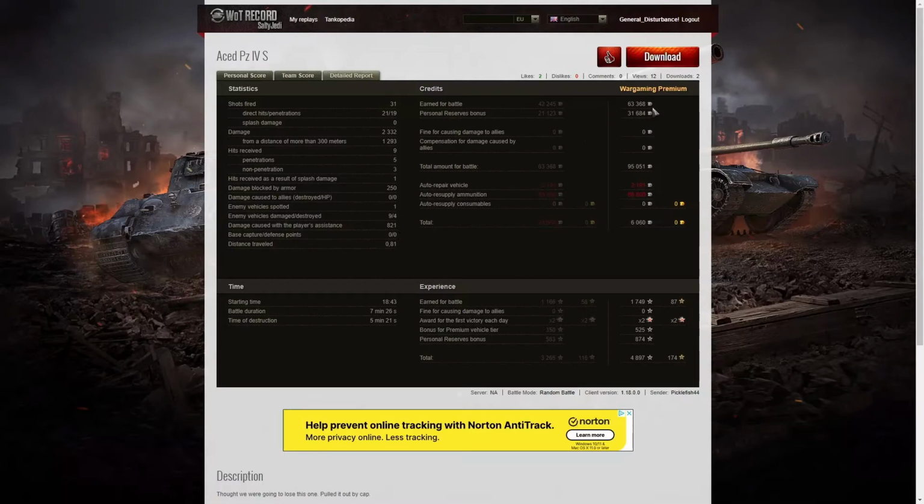He earned 63,368 credits from the game, 31,684 credits from personal reserve bonus, 95,051 altogether. But after repair and ammunition respawn, yes, remember that ammo cost was considerable, he actually ended up with